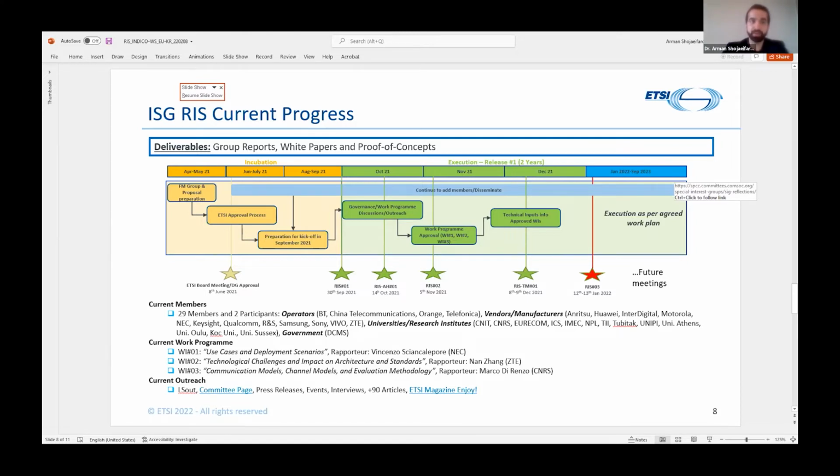A third work item that looks at the communication models and channel models and evaluation methodology, focusing on the characteristics of RIS. We have done a number of outreach activities, including liaisons sent out to various groups, including 3GPP.